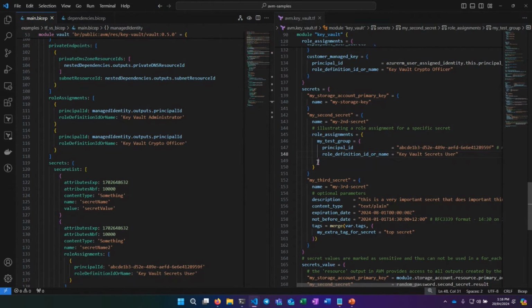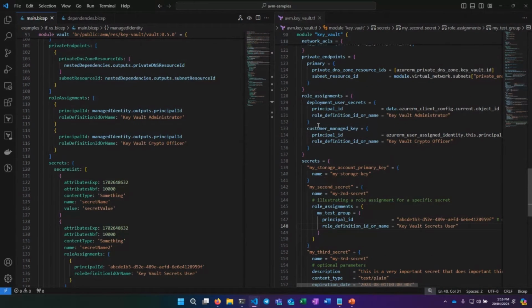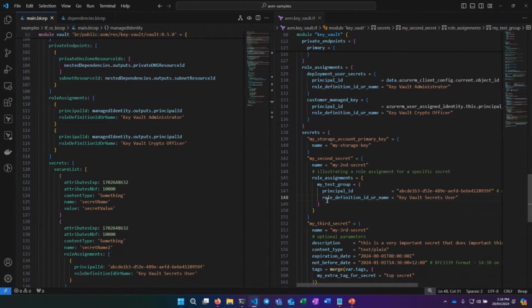So the role assignment pattern that you see there is exactly the same as the one you see there applied to the parent resource. And if you're thinking, can you do the same thing with a storage account and storage containers, you'd be absolutely right. You can use the same pattern to apply role assignments at the storage account, and then apply it down also, say, to a container, to role assignments at a container level as well. If you go look at the AVM labs that I shared in the link previously, you'll see an example of that, where the VM and the storage account is secured in that manner.